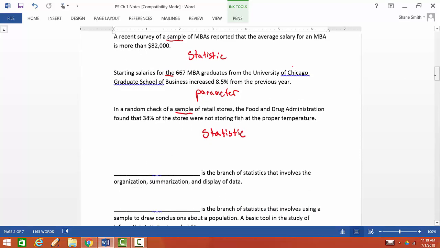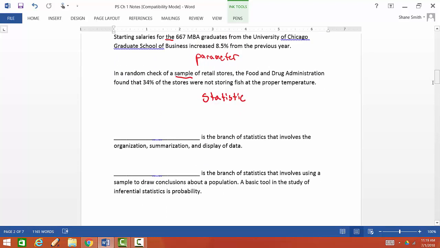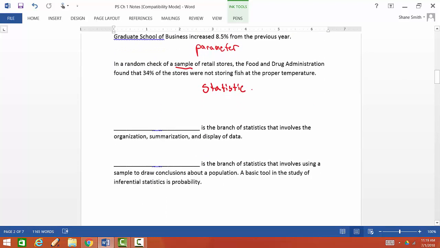Okay. After this, you determine the distinction between statistic and parameter. There's basically two types of statistics. The first type of statistic is what we're going to be primarily dealing with in this course, and that's descriptive statistics. And descriptive statistics is really what you're used to. So whenever you see like a chart or graph that summarizes data, or whenever you see like an average of some kind, those are all descriptive statistics. However, inferential statistics